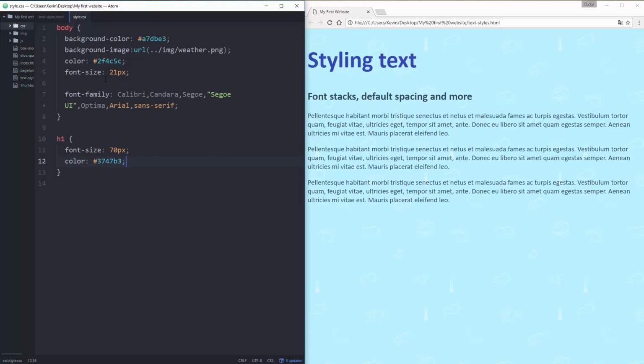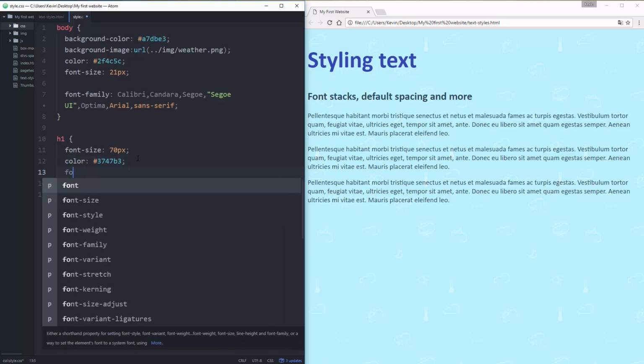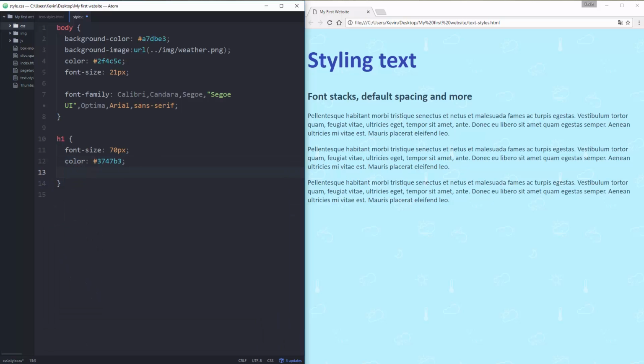Just like with font size, we can overwrite things, our color. So for example, my color here on my body is this dark color, but my H1 is using this brighter blue. I can come onto my H1 and say, I want a different font family. Actually, let's come back